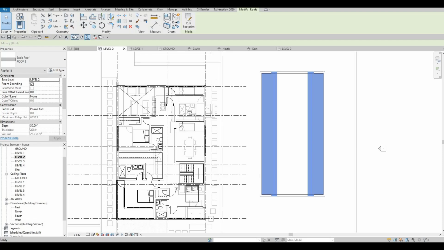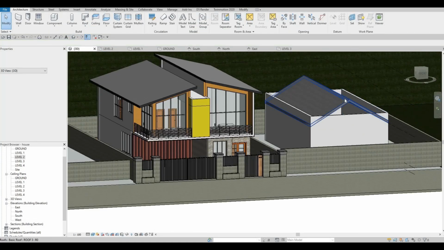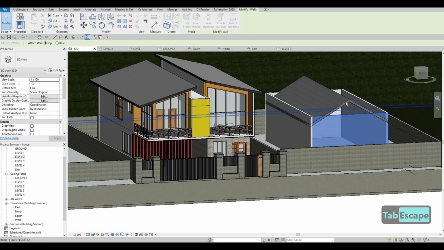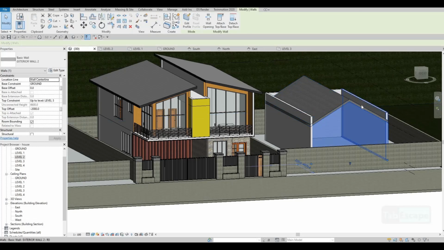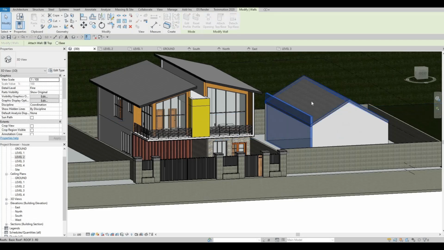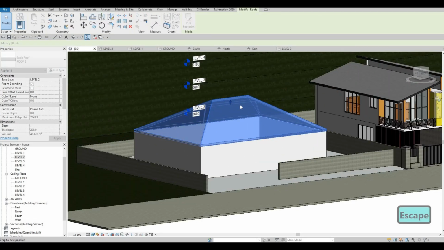Click finish, and then go to 3D, and then we could just click here and attach, and it will fix itself from the roof. There we go. So simple houses,